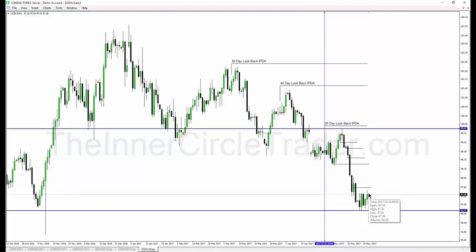Now, because it's in the discount of the 20-day look back, it doesn't mean just go in there and buy it and expect it to go straight up for the dollar. You have to look at where we are in terms of historical reference points. Even though we go back 60 trading days, okay, we are really low in the last 60, the last 40, and the last 20. So we're really down there. Historically, looking beyond the last 60 trading days for a macro view, we have always referred to this low back here in recent analysis because it's going to be influential. So price did sweep below that like we were expecting, and we saw a little bit of a move up. So we are in a discount market